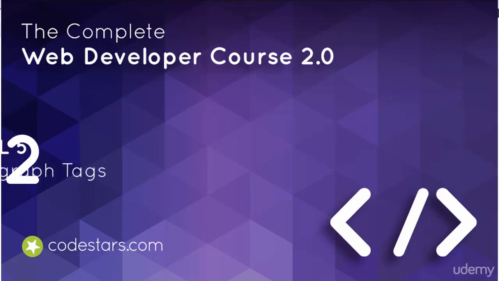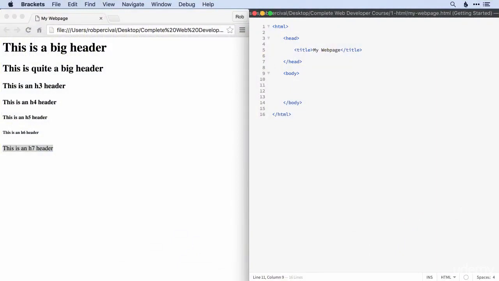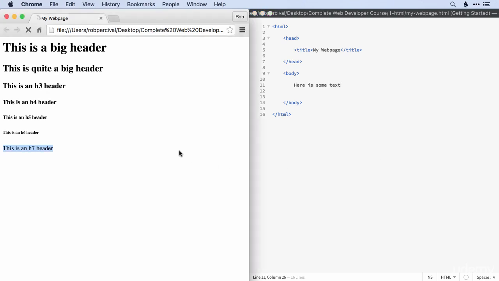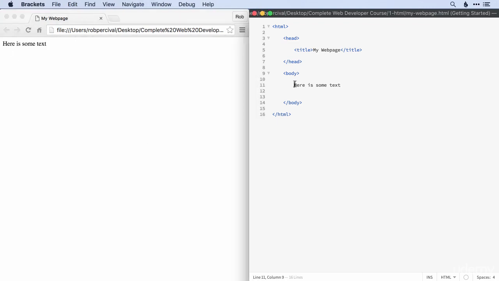Right, so we're now moving on from header tags to look at paragraph tags. Now, you might be wondering why we need paragraph tags. If we look at some standard text, just like that, you can see it looks pretty normal. And then if we put paragraph tags around it, which you might remember are just a P for paragraph, and